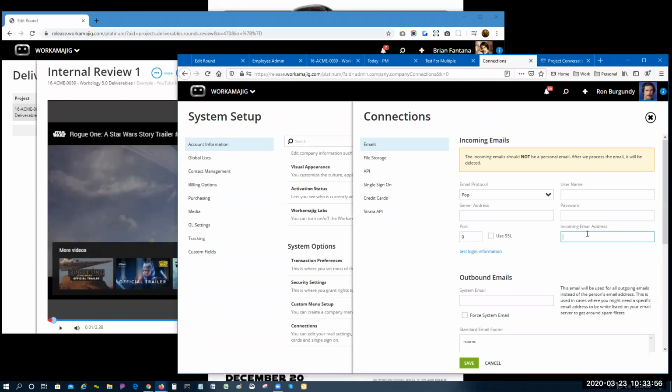This reads the inbox of the email account you set up here. It sucks those emails into Workamajig, deletes them from the inbox of that email account, and then just waits for the next one. So the trick here is, well, the incoming email address is conversations@mycompany.com, so let me make the outbound email the same. System email should be conversations@mycompany.com. And let's make sure we force that,